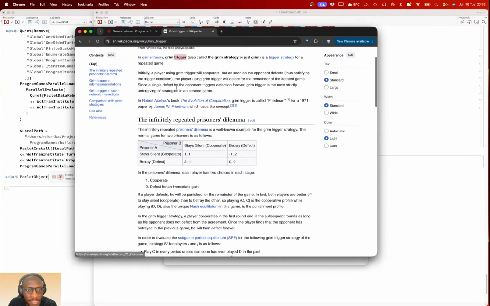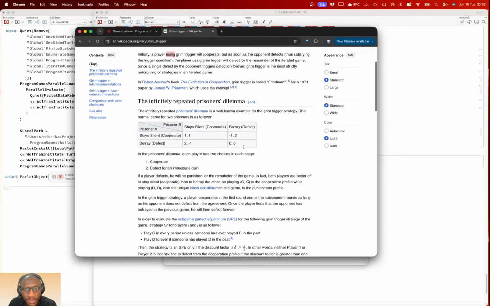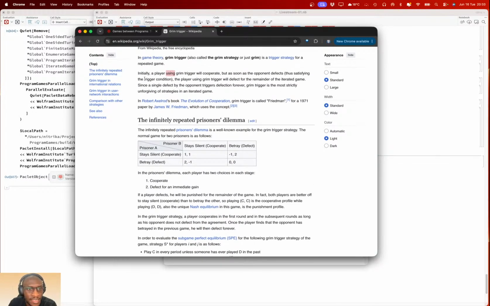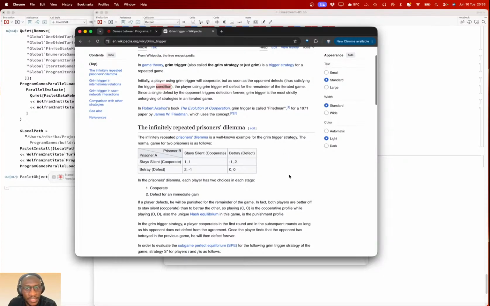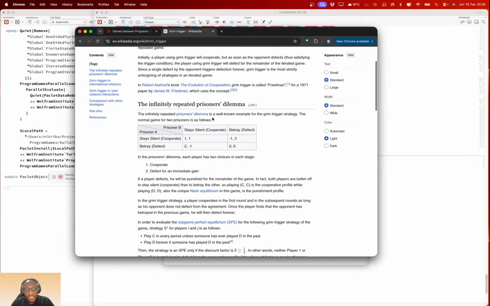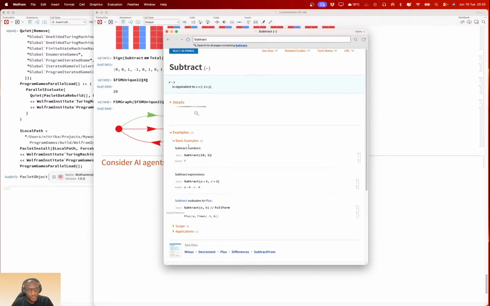So Grim Trigger, for a repeated game: initially, a player using Grim Trigger will cooperate, but as soon as the opponent defects, thus satisfying the trigger condition, the player using Grim Trigger will defect for the remainder of the iterated game. Since a single defection by an opponent triggers defection forever, Grim Trigger is the most strictly unforgiving of strategies in an iterative game.